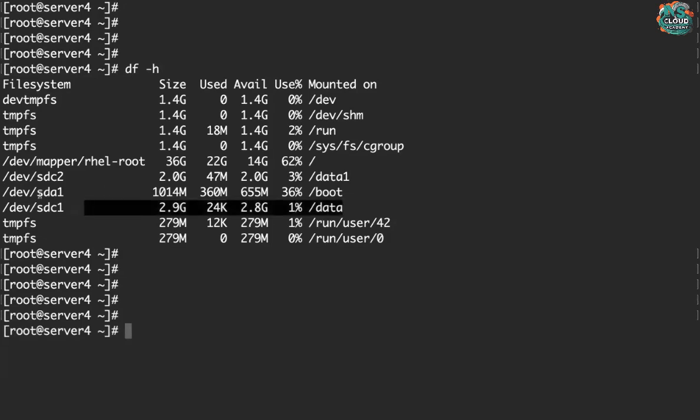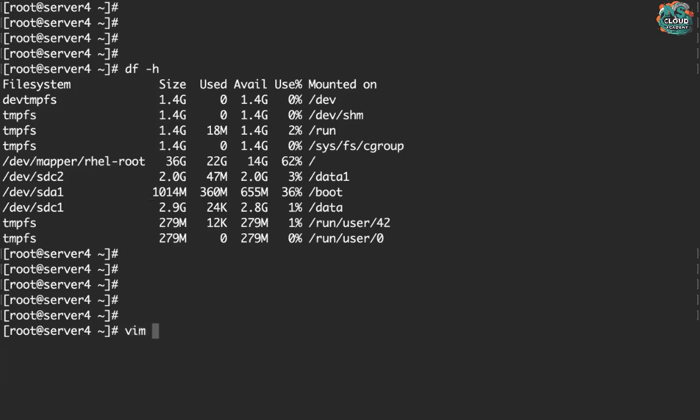Let's suppose after some time someone is performing some extra activity, and they ask, hey, just mount one extra disk on the system. So we have already performed how to mount the extra disk. Let's suppose now your work has been completed, and they ask you, hey, just remove the disk, whatever disk you have mounted on data and data one, remove it. Then what will you do? You have to just